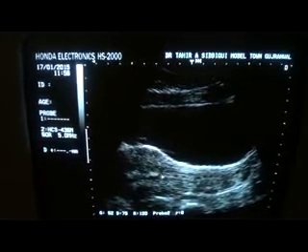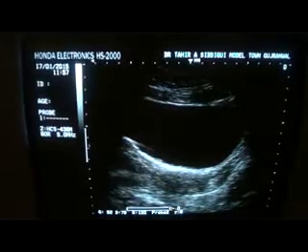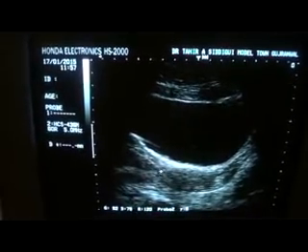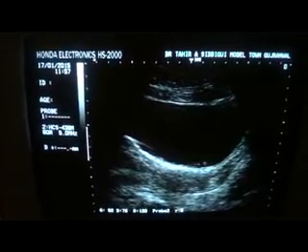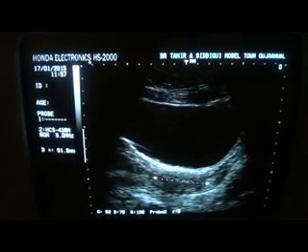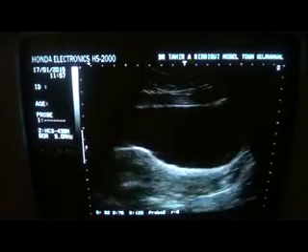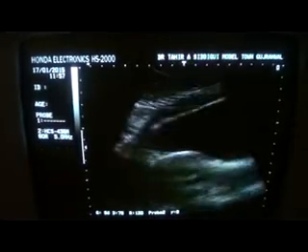and this is the internal os. Having aligned it with the vagina, you can see that this is the internal os, cervix, and this is the vagina. The cervical length is 5.1 centimeters in longitudinal section. Now as I move the probe